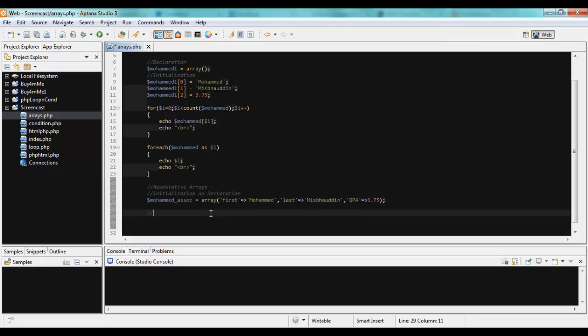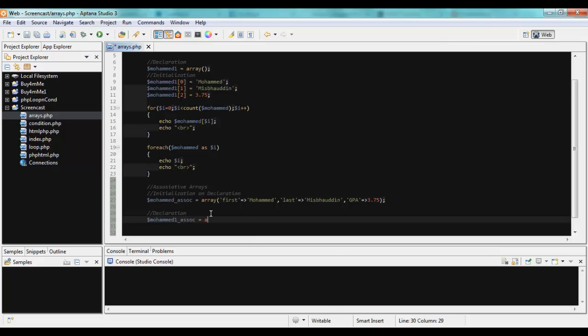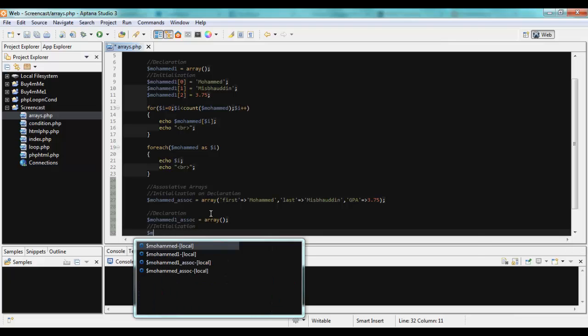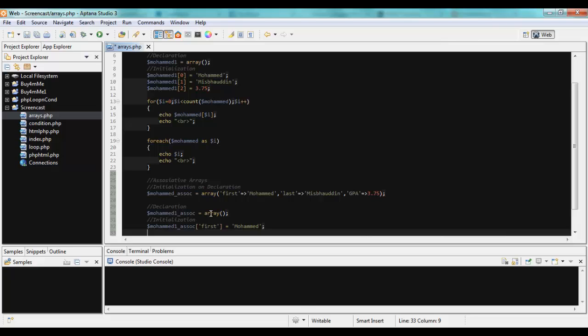Another way is declaration first, which is the same as earlier. So I'm going to say Muhammad1_assoc equal to array, and then that's it. And then I'm going to follow it up with initialization, and this way I'm going to have the same method of initializing. The only difference is, instead of using 0 and 1s, again I will use my own keys. So it will be first, and then I'm going to go ahead and say Muhammad, and then